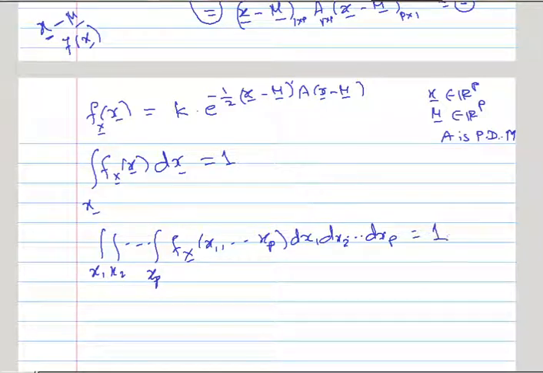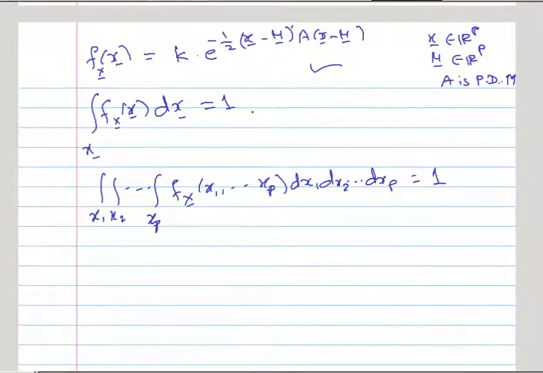So this integration has to be 1. For that value of k for which this integration is 1, that value will be put here, and then we will get a proper form of the multivariate normal distribution. It is now a straightforward thing: we have to determine k such that this integration turns out to be 1, and once we derive the value of k, we are through. The exact form of the multivariate normal distribution will then be known.